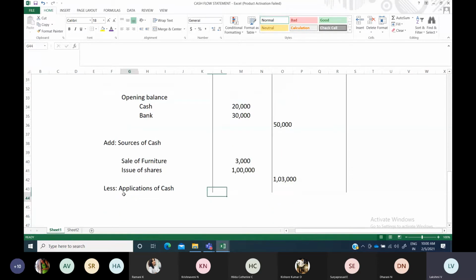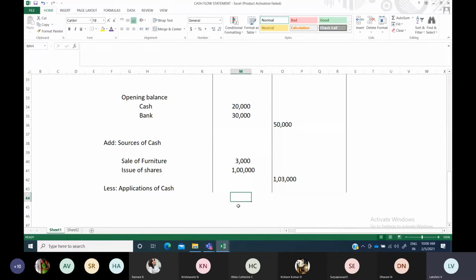Okay, with that, application of cash everything you will subtract. If you are making any payment, such as dividend or tax, interim dividend, tax, like that, any payment you make. And if you are going to redeem your shares and debentures, then that will be shown under application of cash. Any items like that you will just list here in the usual normal way. Purchase of machinery or purchase of furniture, any applications you will show, and the final amount you can add, and then subtract also.